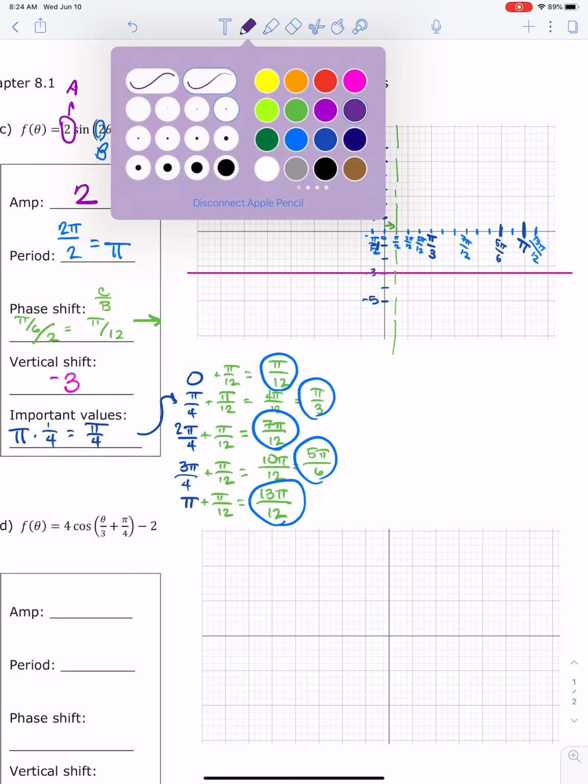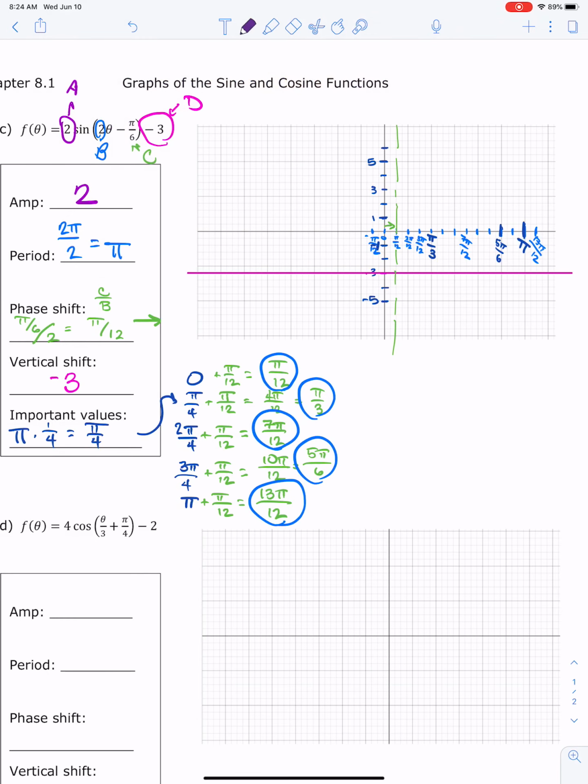So I'm going to go ahead and graph that. My midline is my 0. At pi over 12, I'm at 0. At 7 pi over 12, I'm at 0. And at 13 pi over 12, I'm at 0. And then it's a positive 2. That means it's going to go up